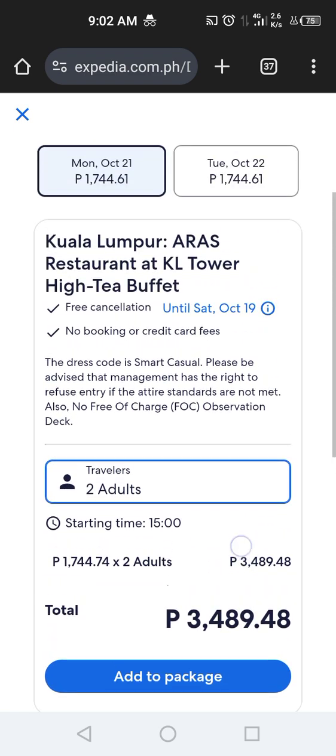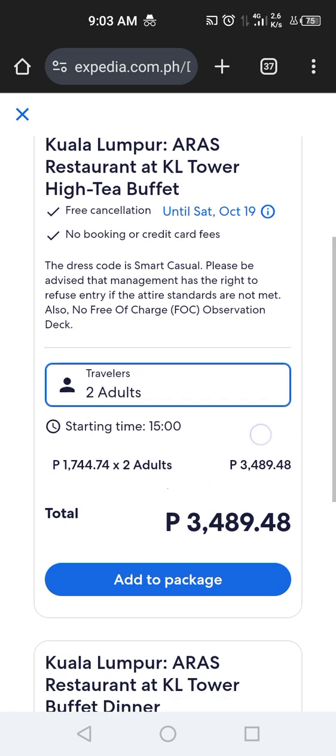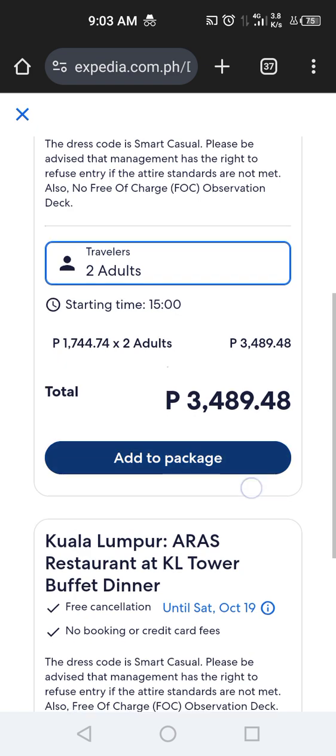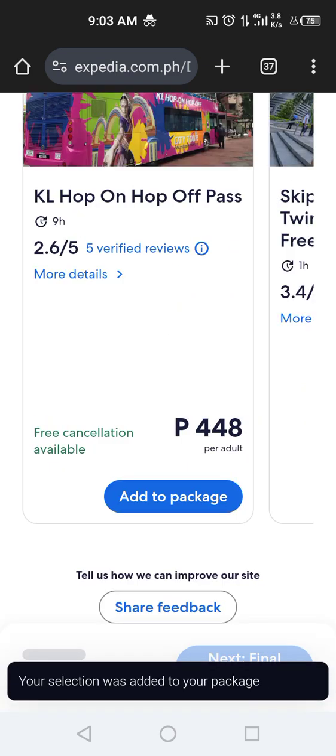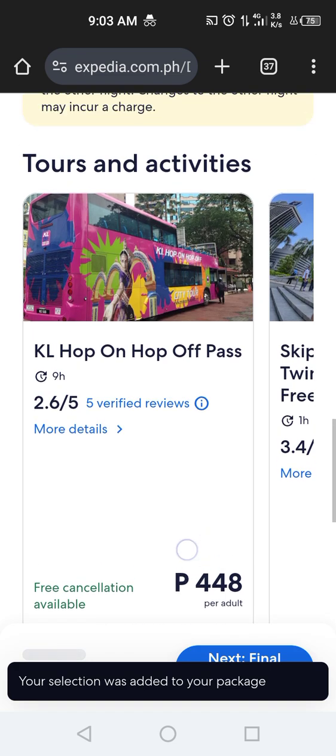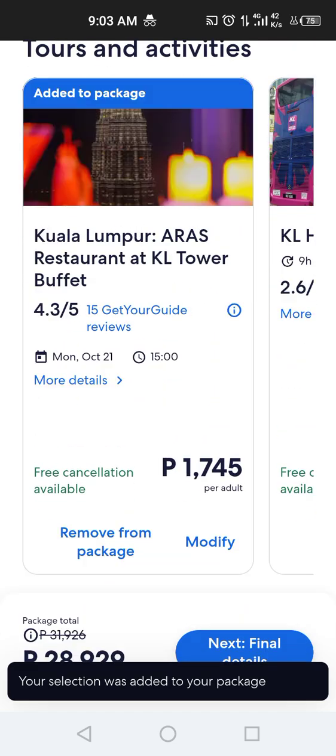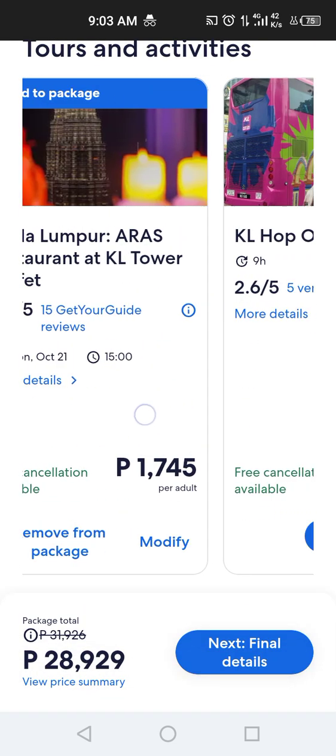No, no, no. I'll be choosing this one. So that will be our first activity when we go to Malaysia.